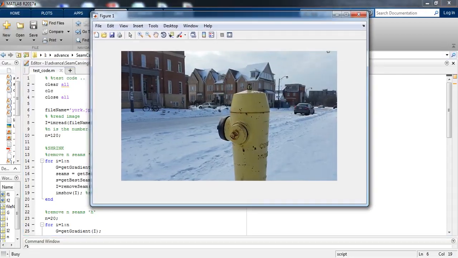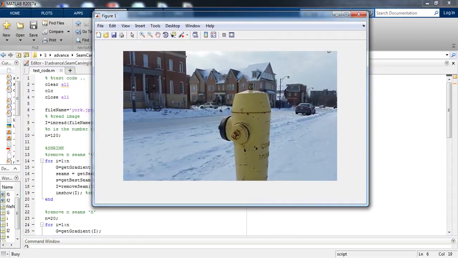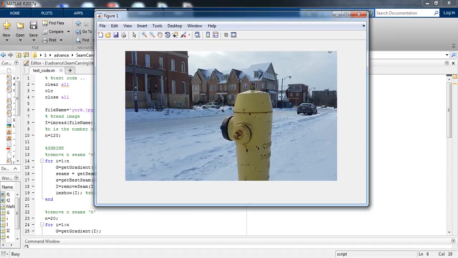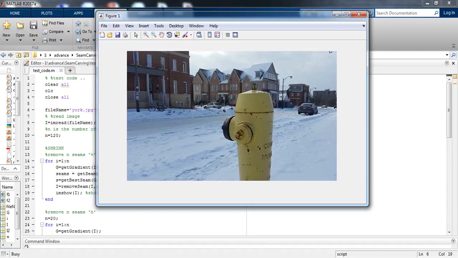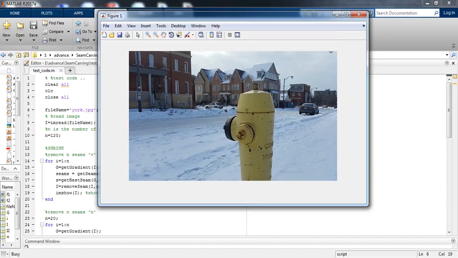Okay, now you can see a york image appears and it has started shrinking. Firstly it is shrinking vertically, then after a certain time it will start shrinking horizontally.